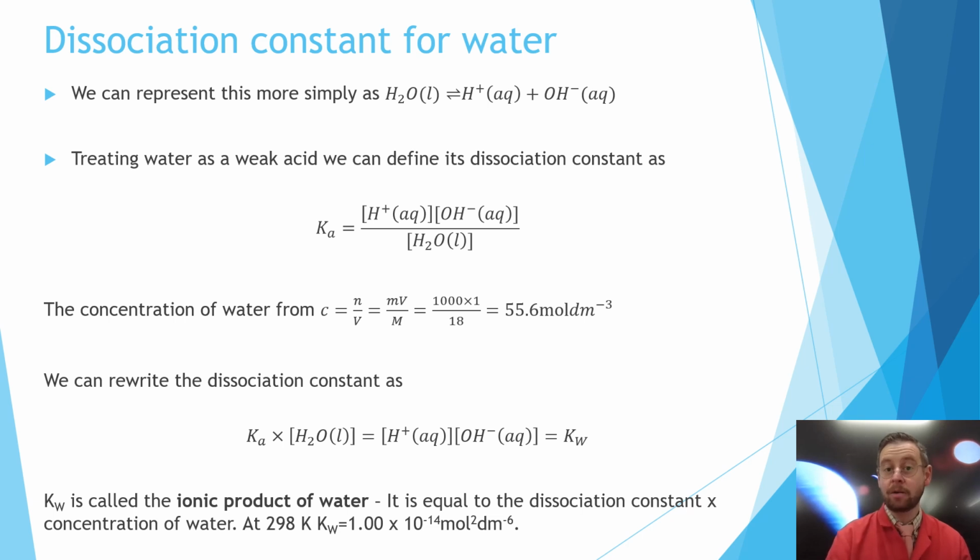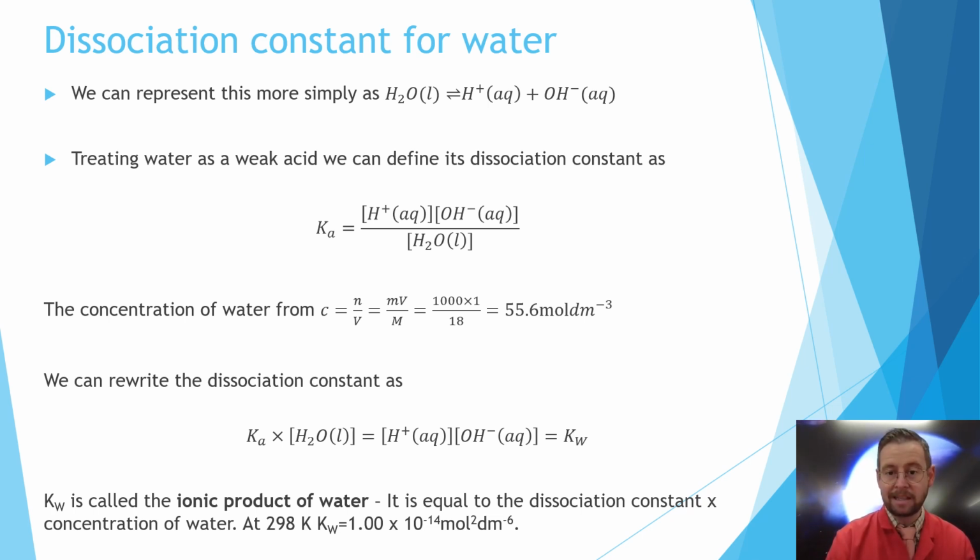And we get that the concentration of water is always equal to 55.6 moles per decimeter cubed. Now, we can therefore write the above expression, and multiply both sides by the concentration of the water. It moves the denominator to the left. So we have that the dissociation constant multiplied by the concentration of water is equal to the concentrations of the